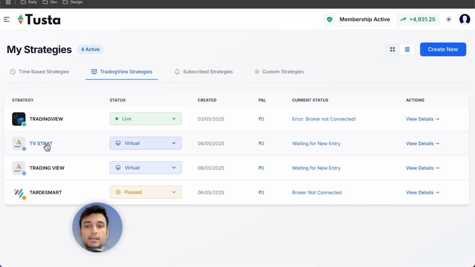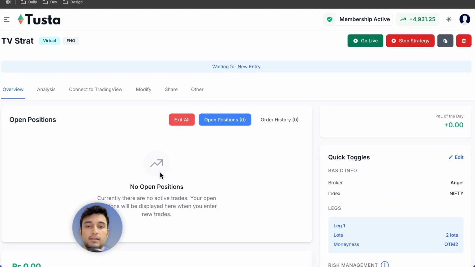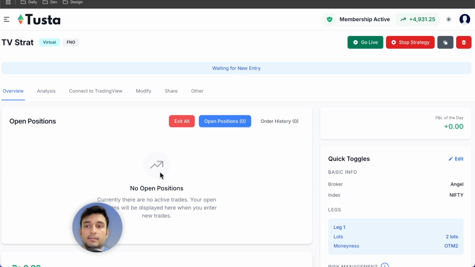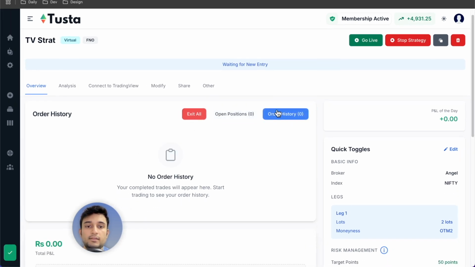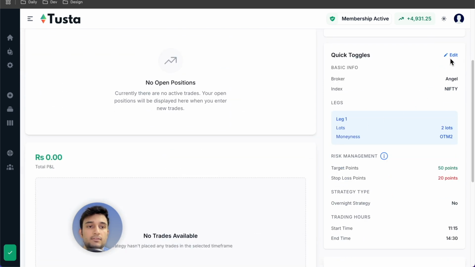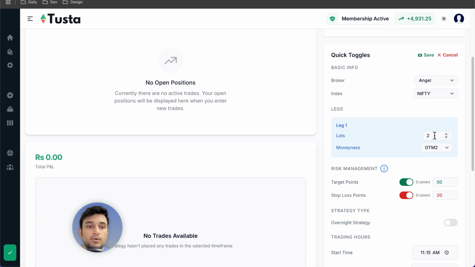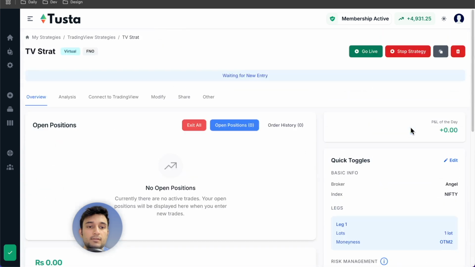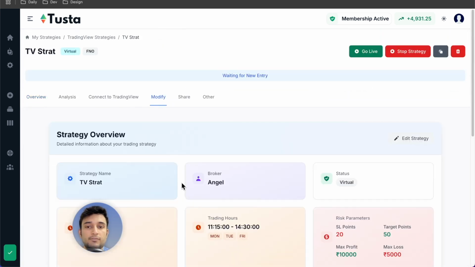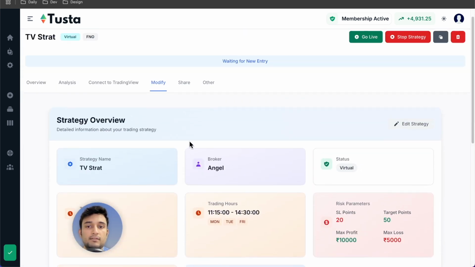Here I can see TV Strat is set on virtual. I can click on it and I can see all the open positions of this strategy directly. I can see the order history from here itself. I can even change quick toggles. So if I just want to set the lots to 1, I can select it from here itself and click on save. If I want to further modify all the parameters of the strategy, I can do it from the